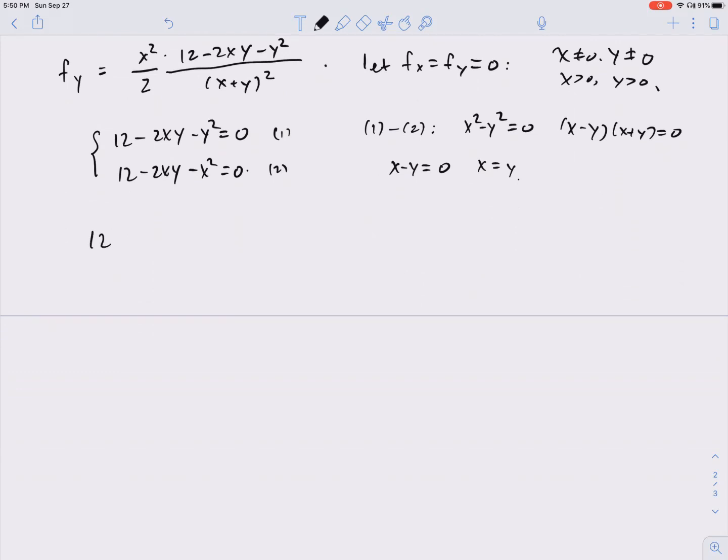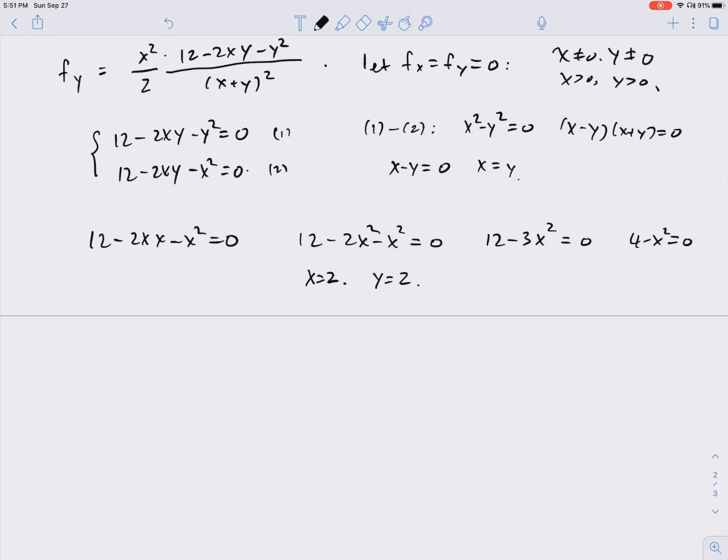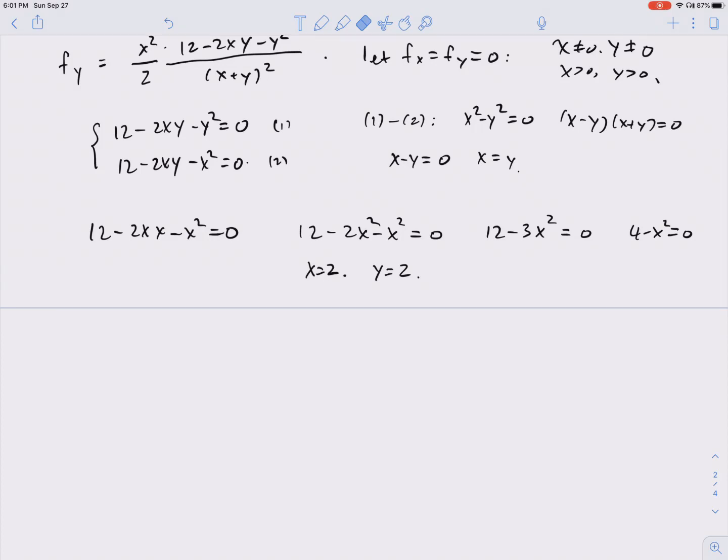So now we have 12 minus 2x minus x squared is equal to 0. And that means 12 minus 2x squared minus x squared is going to be 0. And that's really nice because we have 12 minus 3x squared is equal to 0. And we have 4 minus x squared is equal to 0. And x is equal to 2. If x is equal to 2, y is also equal to 2, right? All right, at this moment, we basically know what should be the dimensions of this box and to get the